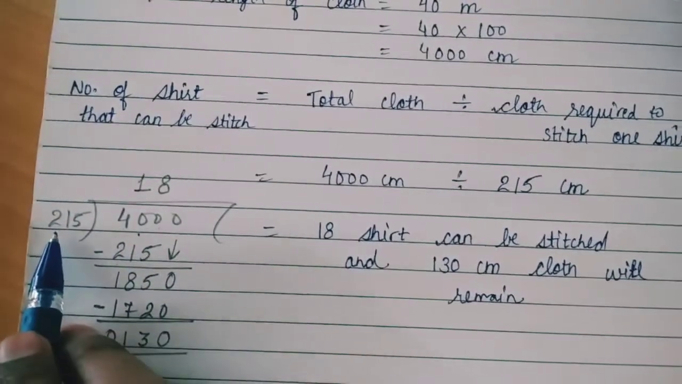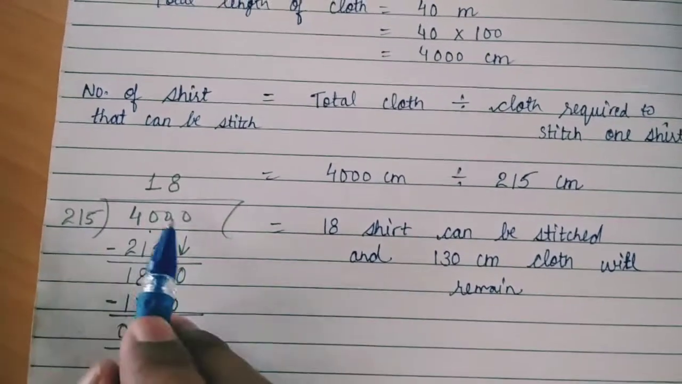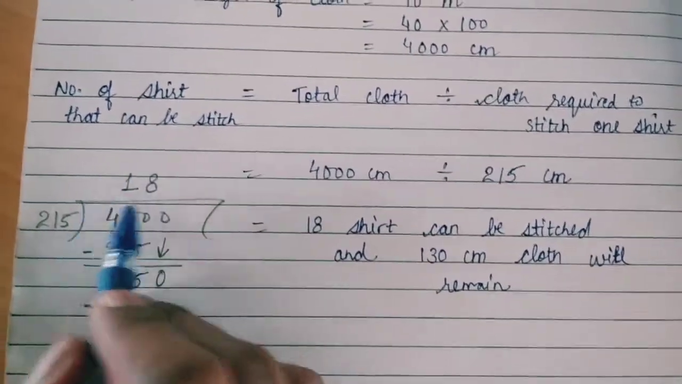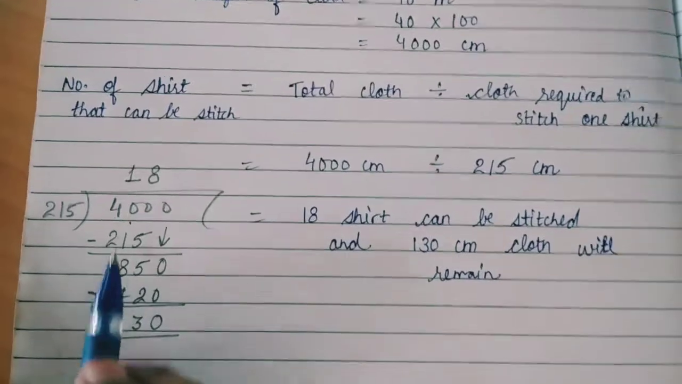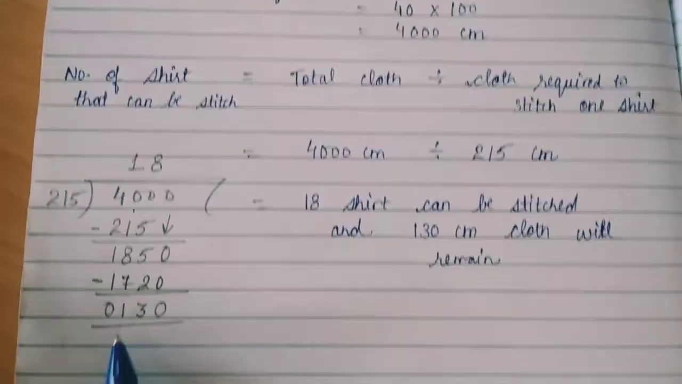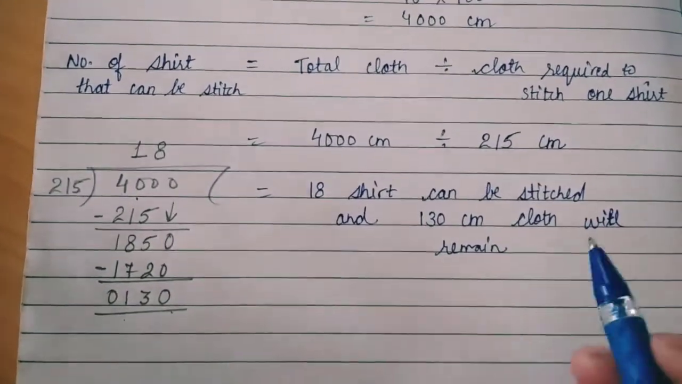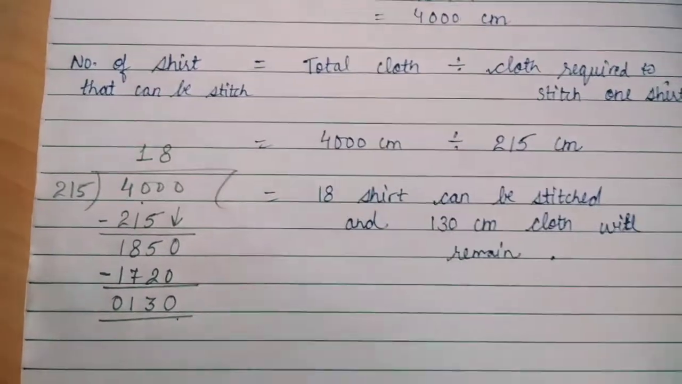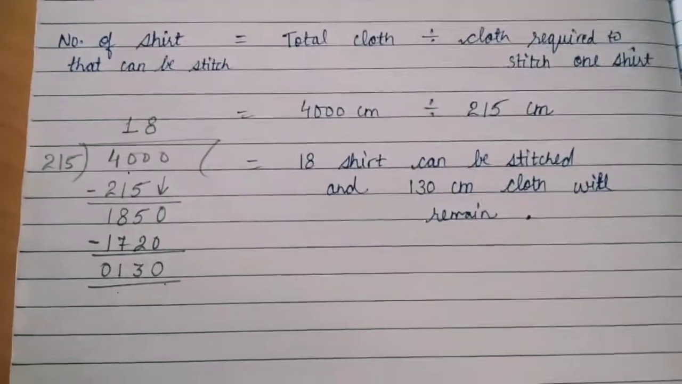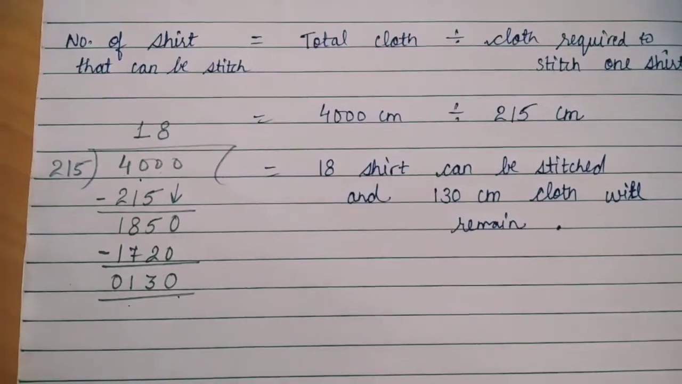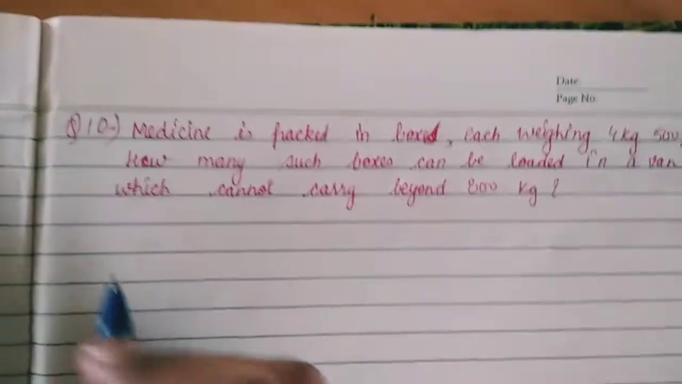4000 divided by 215 will divide 18 times. So total 18 shirts can be stitched from the 40 meter cloth, and total 130 centimeter cloth will remain at the last. So here we completed question number 9 of exercise 1.2. Question number 10 is,